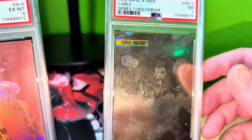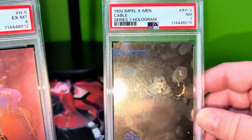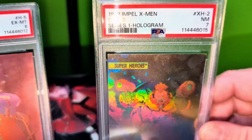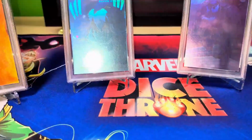And I did not know this was from a different set. I thought this was the X-Men holograms from the Marvel Universe set. So, must have opened a few packs of these too. Look at that. That's a cool artwork there. Very cool. So I'm actually very pleased, and I'm now very pleased with a lot of the cards I got